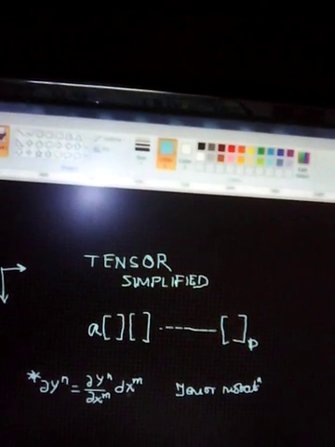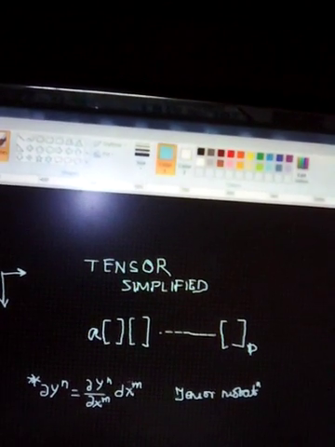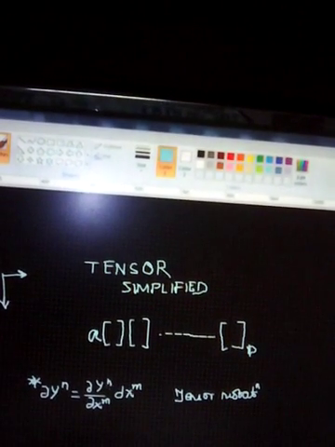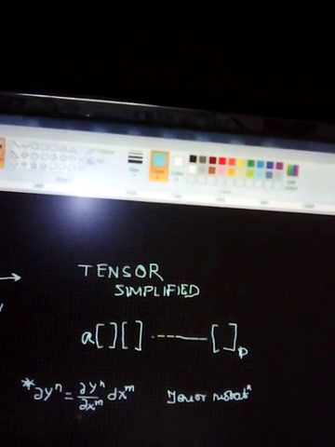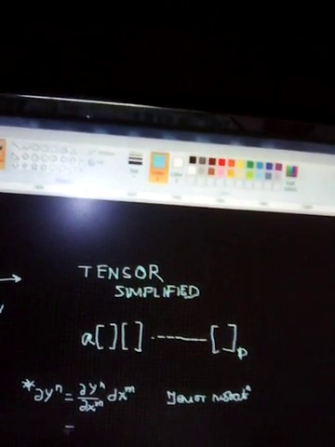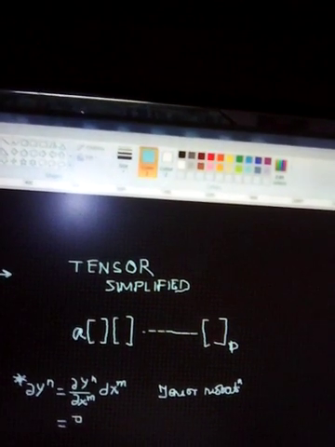But this actually means all of the terms added, which means this is equal to, if I say dou